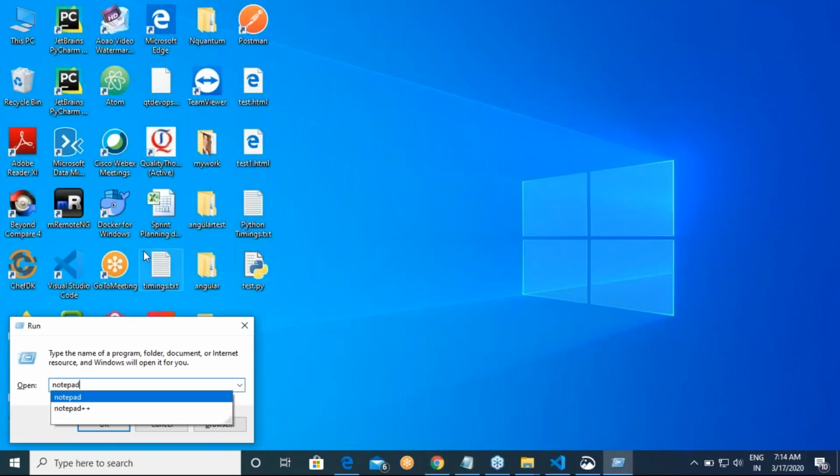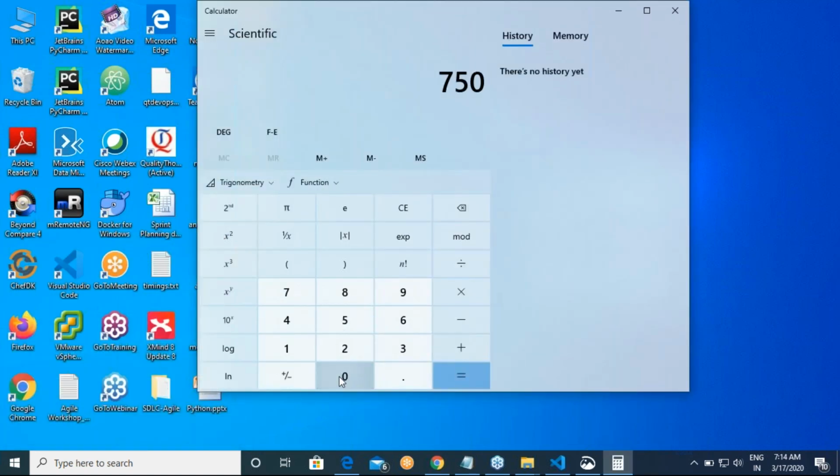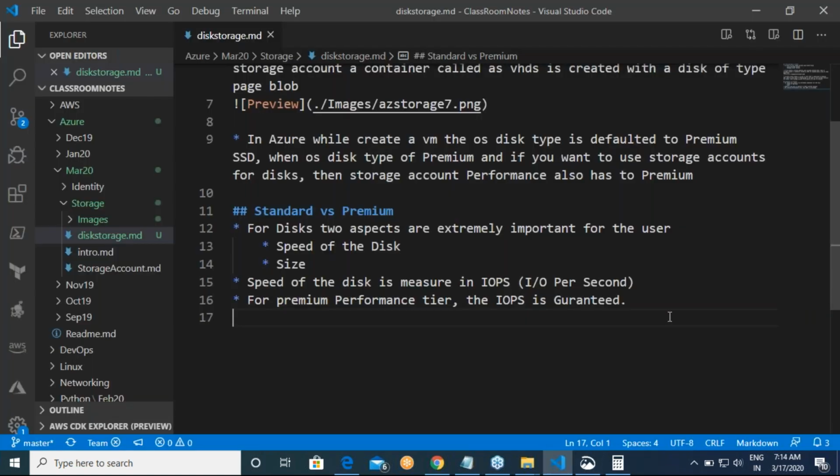So you can do this rough math. Okay. Now you open this calculator. Okay. 75,000 into 256. Okay. So this is the speed of your disk, which you can read and write, and your disk will be guaranteed with that speed. Okay, so Microsoft will deliver a performance in such a way that for every minute you are able to basically write the speed whatever you are trying to look out for. Okay, so IOPS means the speed is guaranteed. Am I clear on this?